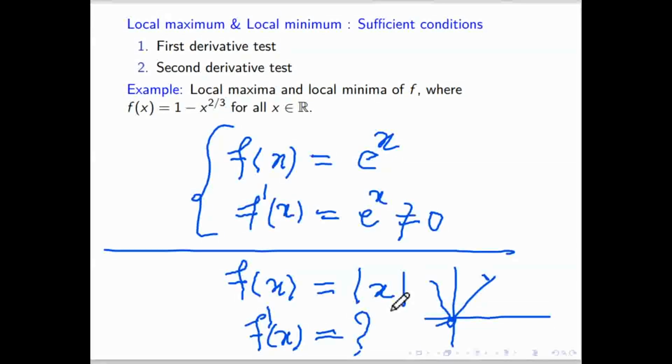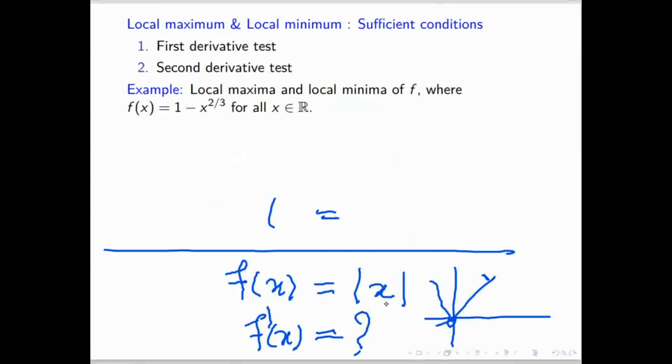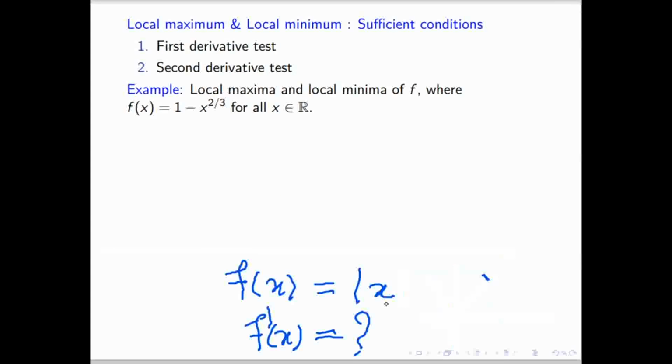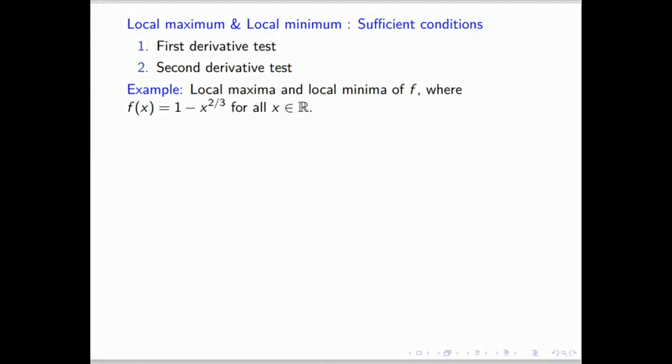But suppose the function is not differentiable, then how will we find maxima or minima? That also we will see by this example. Whatever I explain in this example, the same technique if you apply for mod x, you will get the answer. So we will do this example. For the first derivative test and second derivative test, first put the first derivative to 0 to get the points where maxima or minima can occur. After that, check the sign of the second derivative. The only thing is that the function must be differentiable and it must be an interior point.